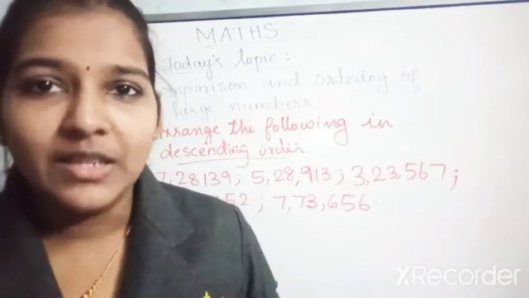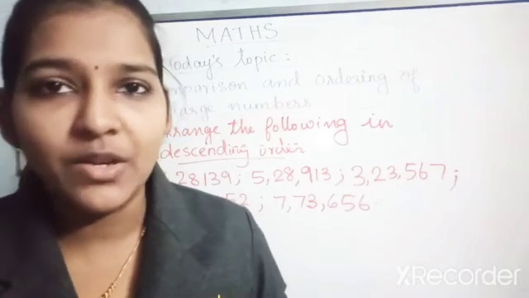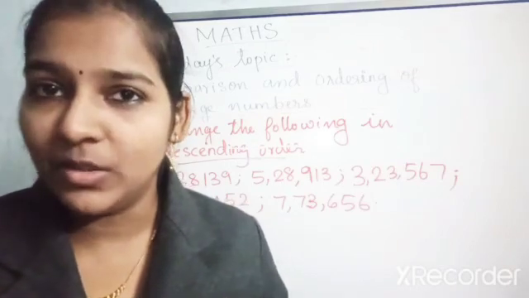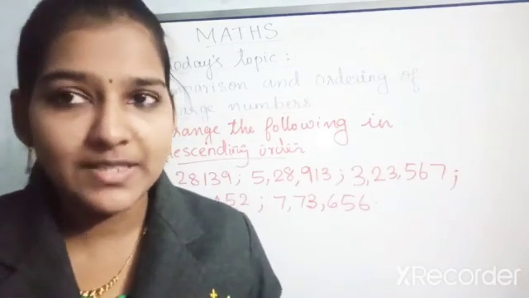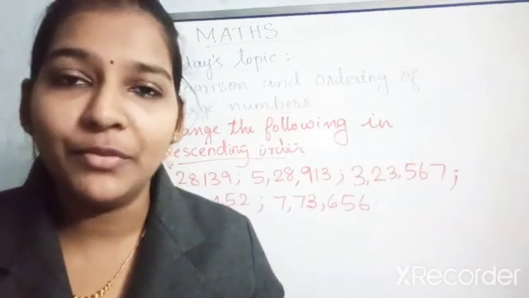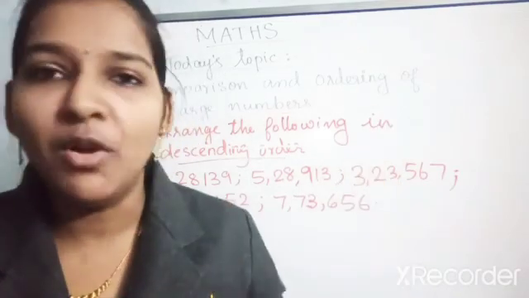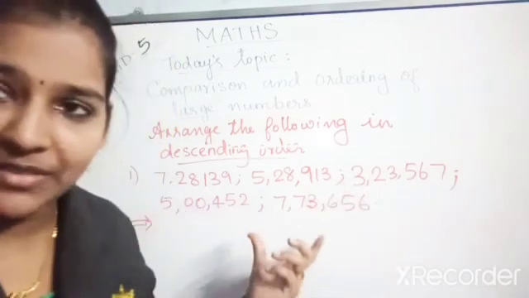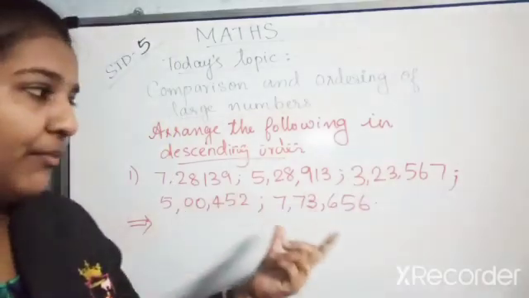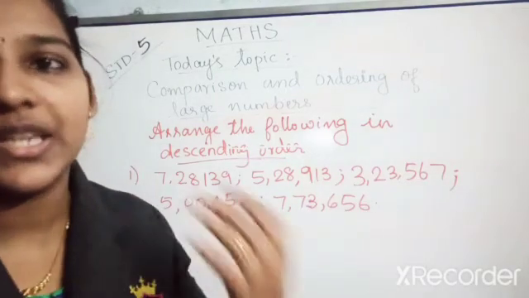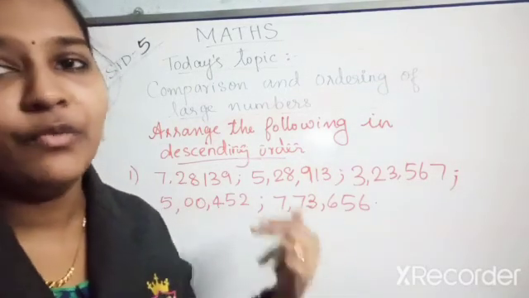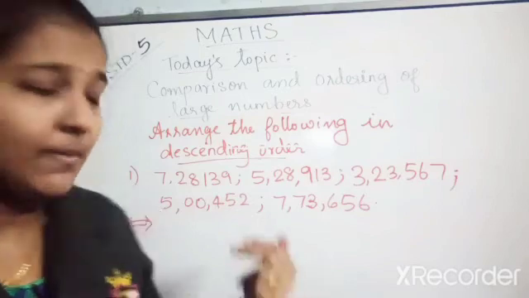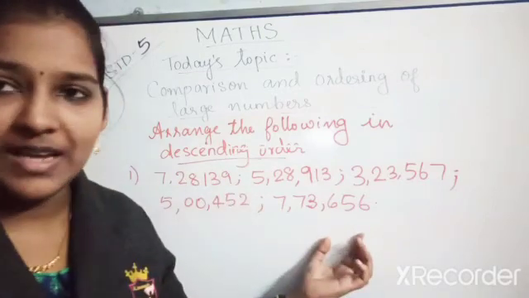Dear children, just now we discussed an ascending order question. Now we are moving to a descending order question. What is descending order? Arranging the numbers from largest to smallest is descending order. Right? So some numbers are given here. You compare every number and find out which is the greatest one and write that in the first position. Okay, children? And in the same way you can answer it.